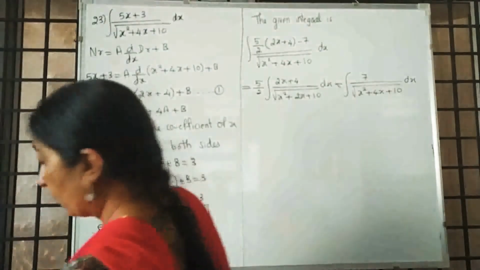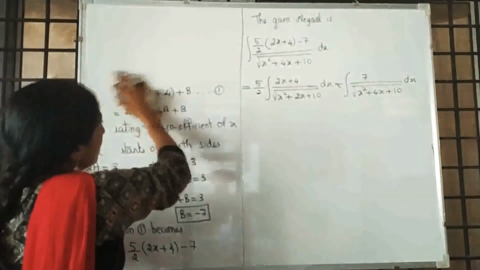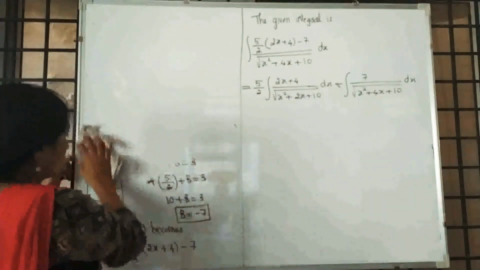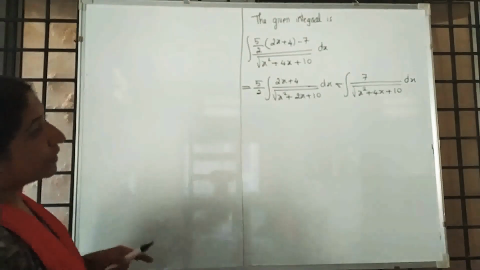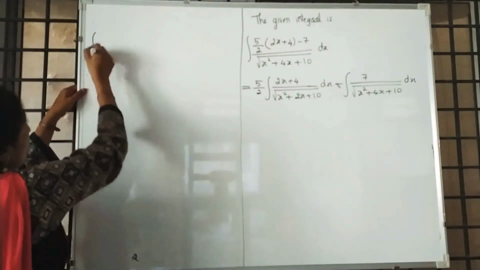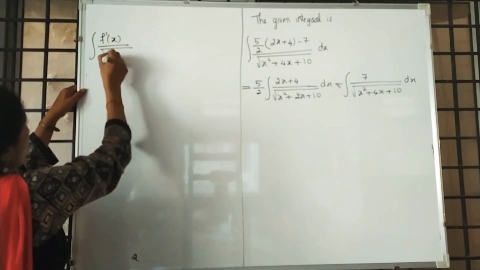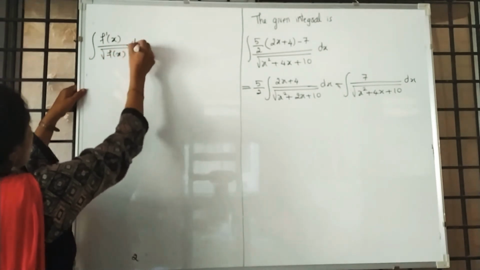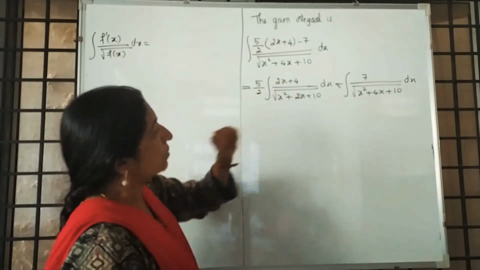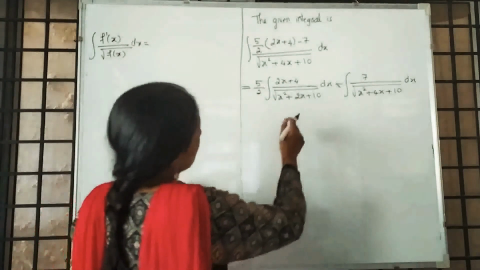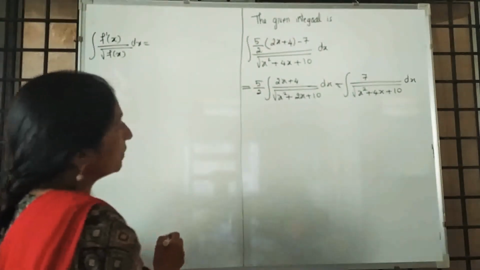Yes students, if you are watching my videos thoroughly and regularly without missing, here I want to give you one important hint for your CAT. See the first integral. The first integral is in the form of f dash of x upon root of f of x. Correct or not? Differentiation of x square is 2x. Differentiation of 2x. 5x plus.